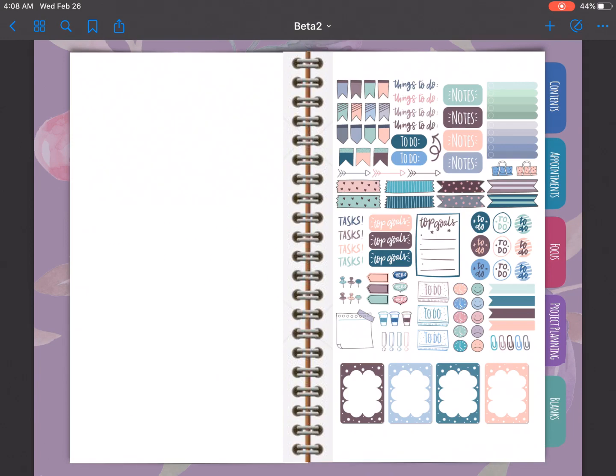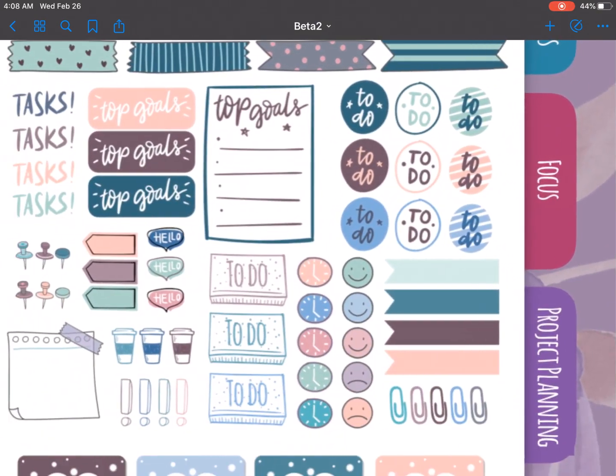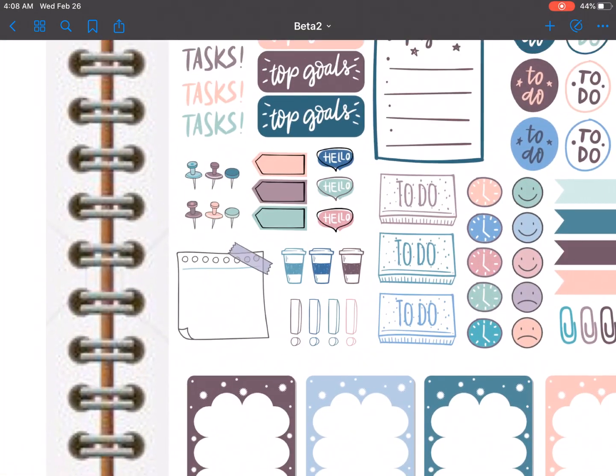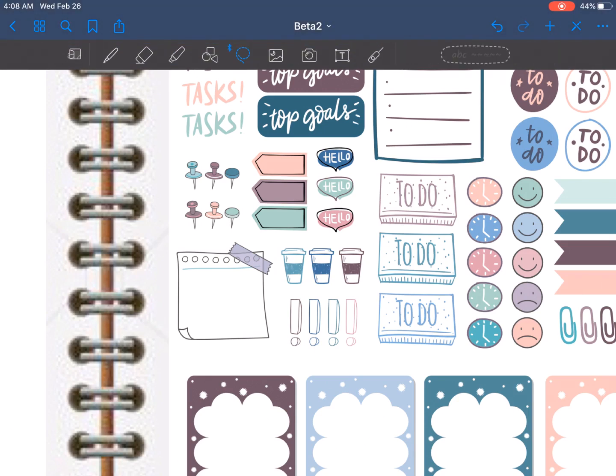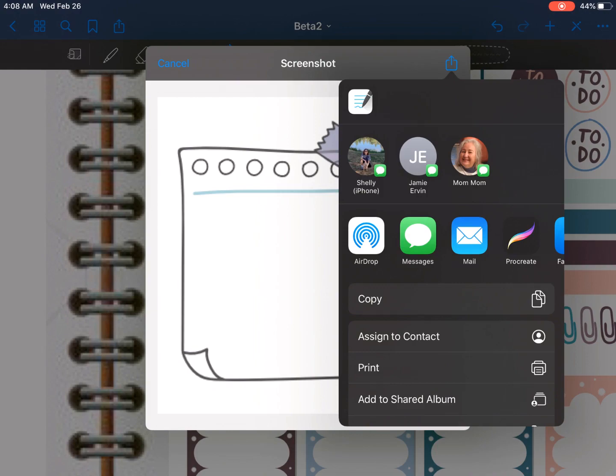I'm going to go to contents now, and I'm going to pull up these stickers. And I'm going to zoom in here for a second, and I'm going to grab a couple of things. And with my pencil again turned on so that I can use my select tool, I'm going to highlight this. Now this particular set of stickers is not optimized for GoodNotes, it's just a PNG file. So I'm going to take a screenshot, and then I'm going to copy it,